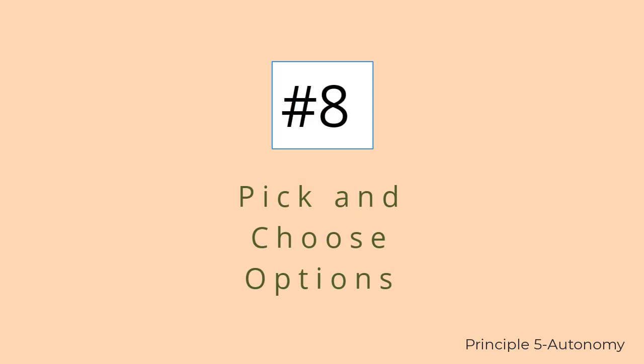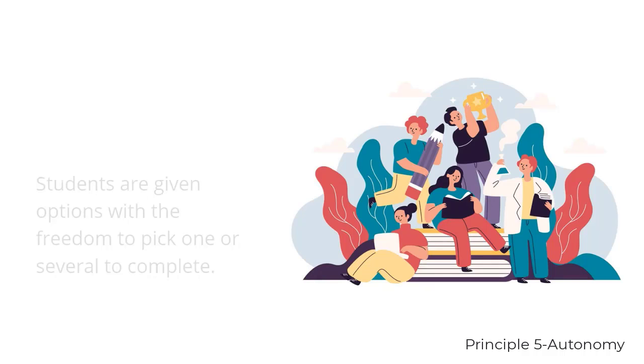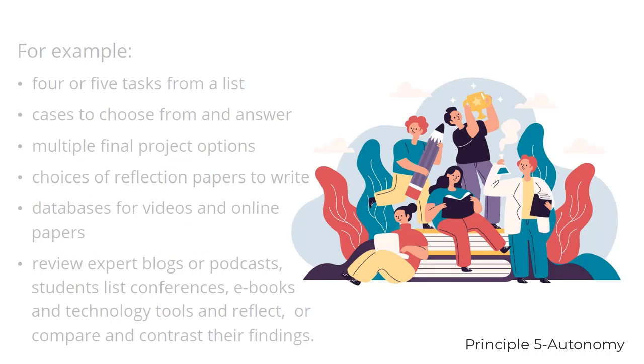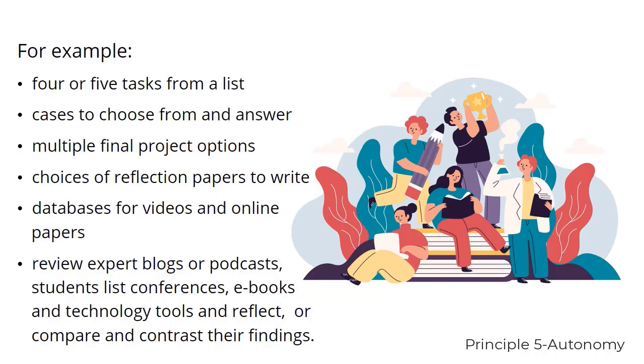Number 8. Pick and choose options. Students are given options with the freedom to pick one or several to complete. For example, students select 4 or 5 tasks from a list of 10 for the semester, provide cases for students to choose from and answer, students select from multiple final project options, students are given choices of reflection papers to write,